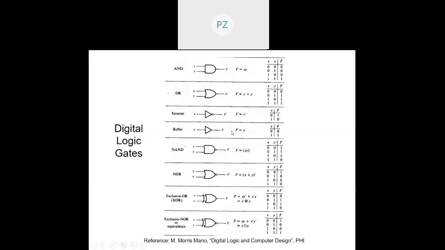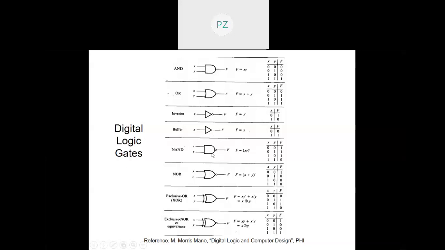Right? You may argue that why are we putting it? Why not a straight line as such? In fact, this is meant to reshape a signal. Suppose it has come over a channel and that 4 volts or 5 volts, whatever, has dropped down to 3, so you pass it through a buffer, so that we reinstate it to the logic 1 value, which is 4 volts or 5 volts. So this is 0 0 1 1. Basically two inverters cascaded one after the other.